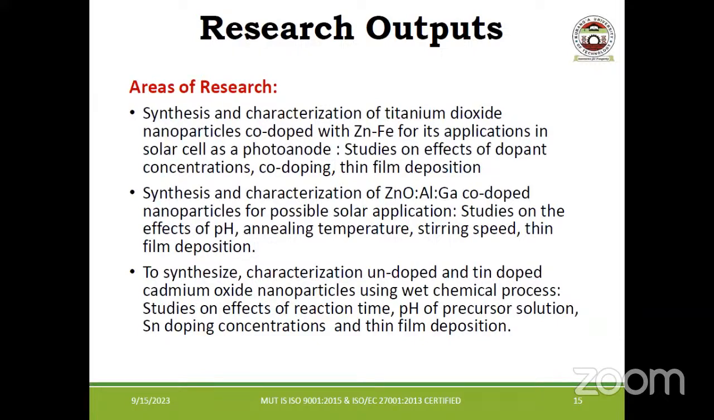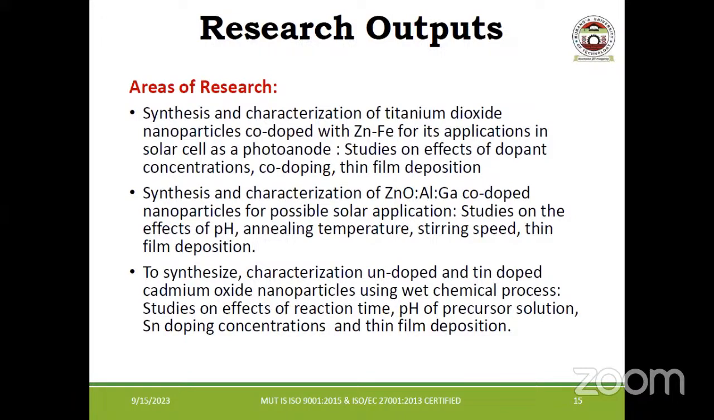Besides that, we have the zinc oxide, where we were doping with aluminum and gallium. So the two, we are co-doping the zinc oxide. Previous researchers had shown that they had optimized the doping concentrations for aluminum and gallium. So we needed to find out, after getting this co-doped zinc oxide, what are the effects of pH, the annealing temperature, stirring speed, in trying to optimize the material properties which will be best for